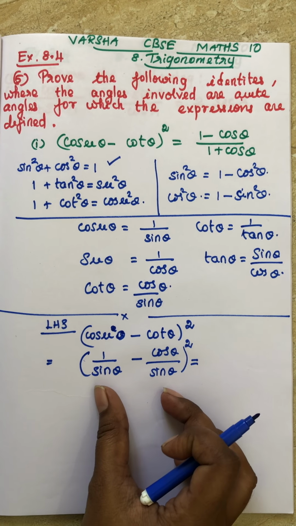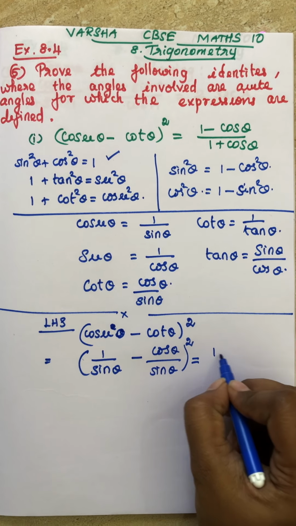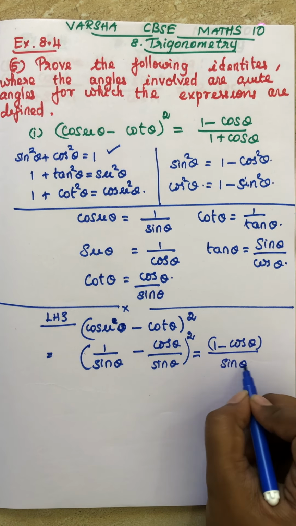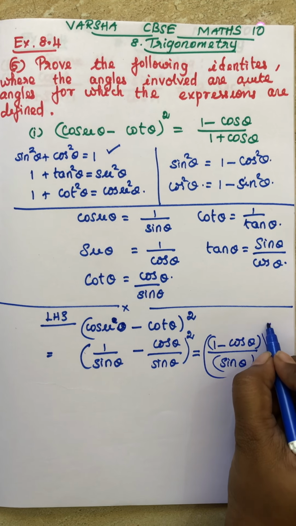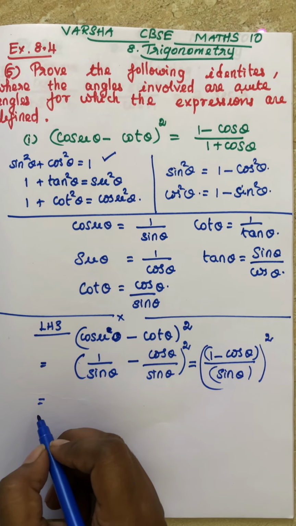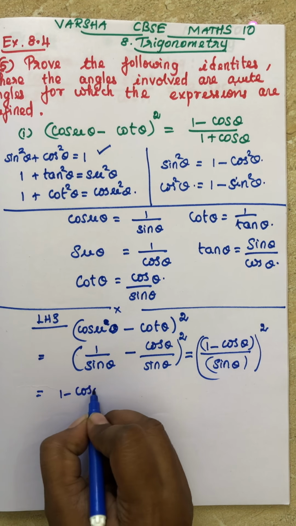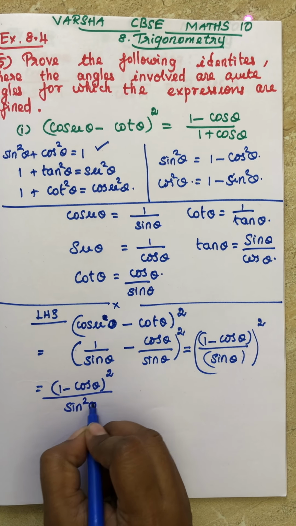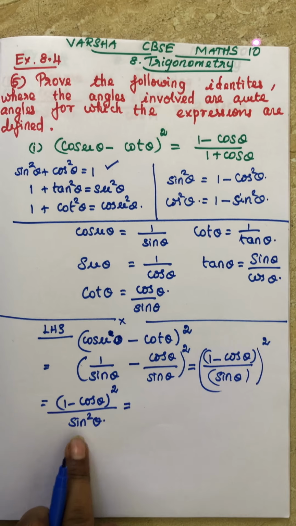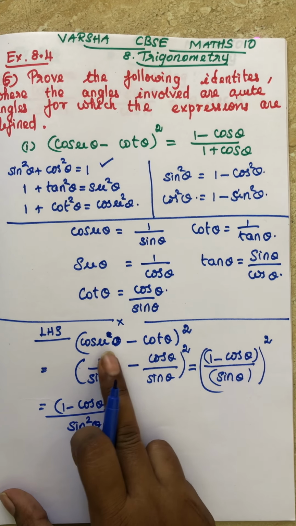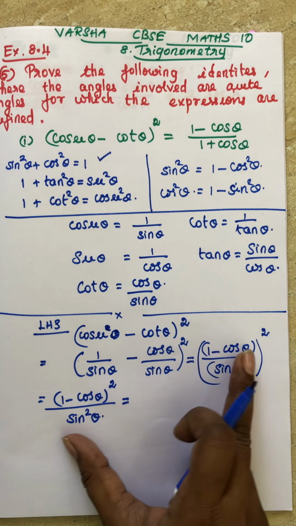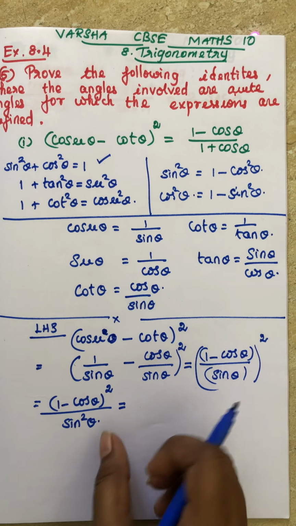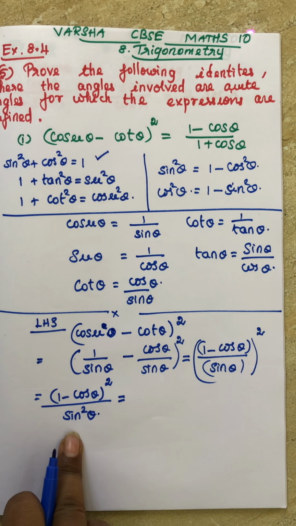So now see the denominator. Denominators are equal, so we can subtract in the numerator over sine, and totally it is a whole square. So you can write separately: 1 minus cos the whole square in the numerator, and denominator sin square theta. Do you understand this step, students? You take it, subtract, 1 minus cos by sine, whole square. So separately you give the square: 1 minus cos the whole square, denominator sin square.